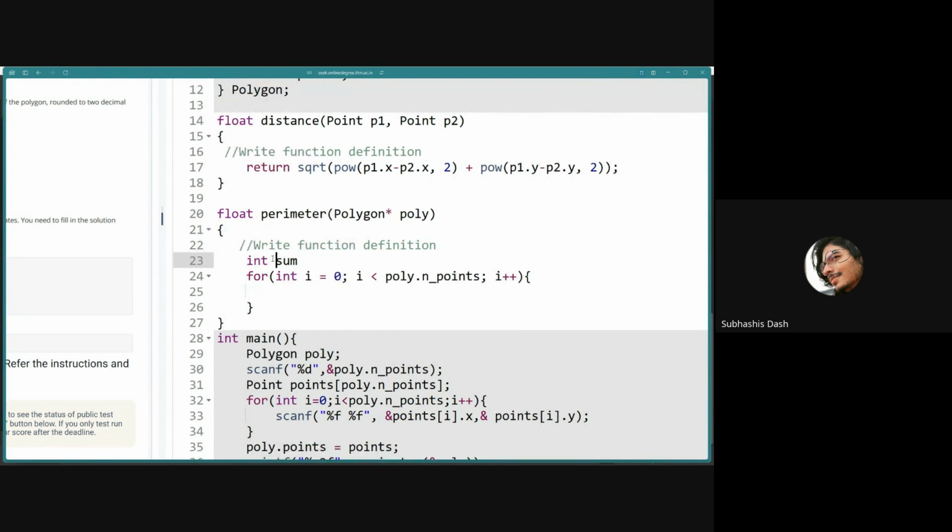No, we want a float over here since it is mainly a float system, equals 0. Now we just want to sum, right? So sum plus equals distance, and what two points should we give? Distance of poly dot